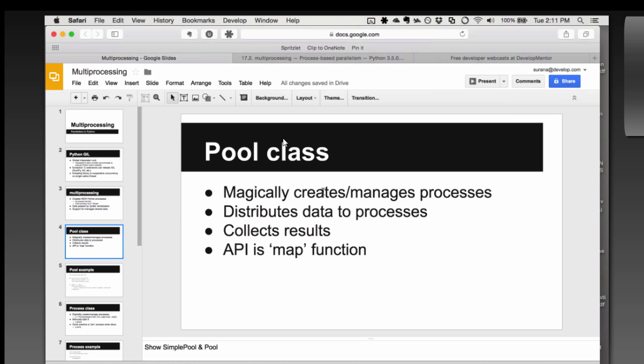There are actually two main ways of using it. The primary way is with a map function, and I'll show you how that works. They also have an async, I think it's called apply_async. And what that does is it says, call this function, but don't wait for the answer. Instead, just tell the other process to run it, and I'll come back later and get the answer. All right, so let's take a look